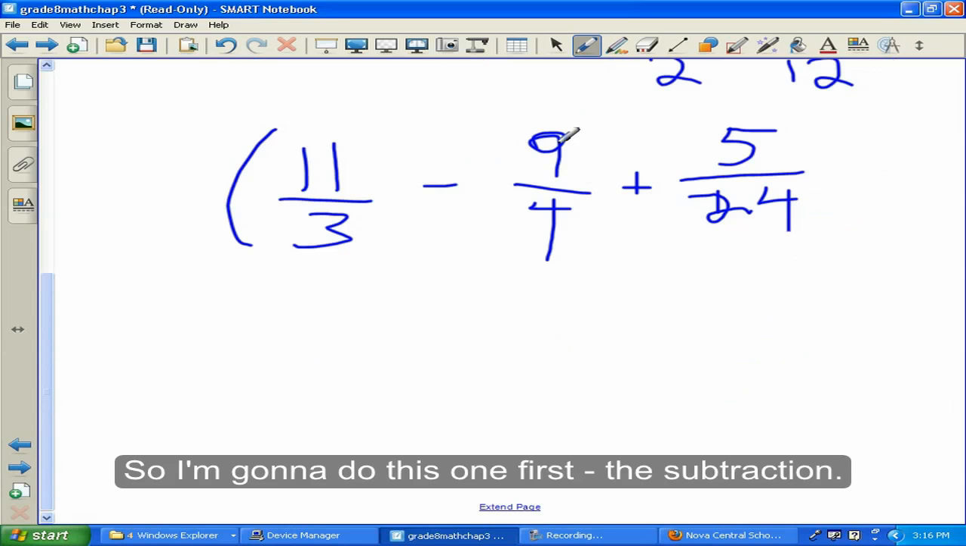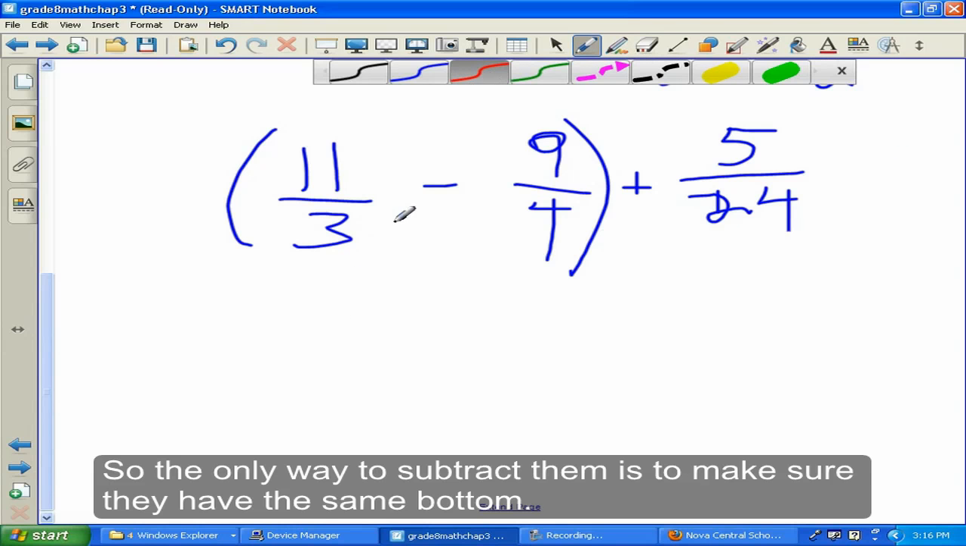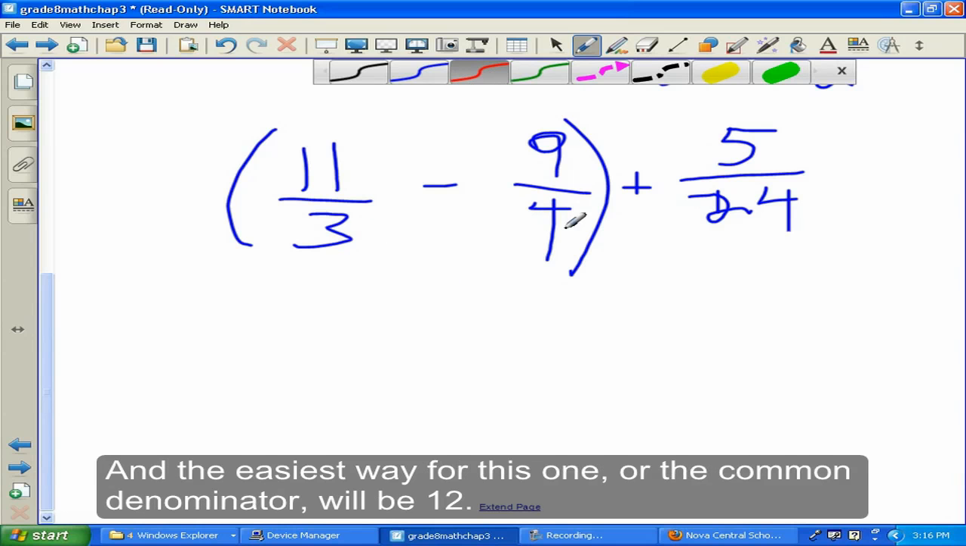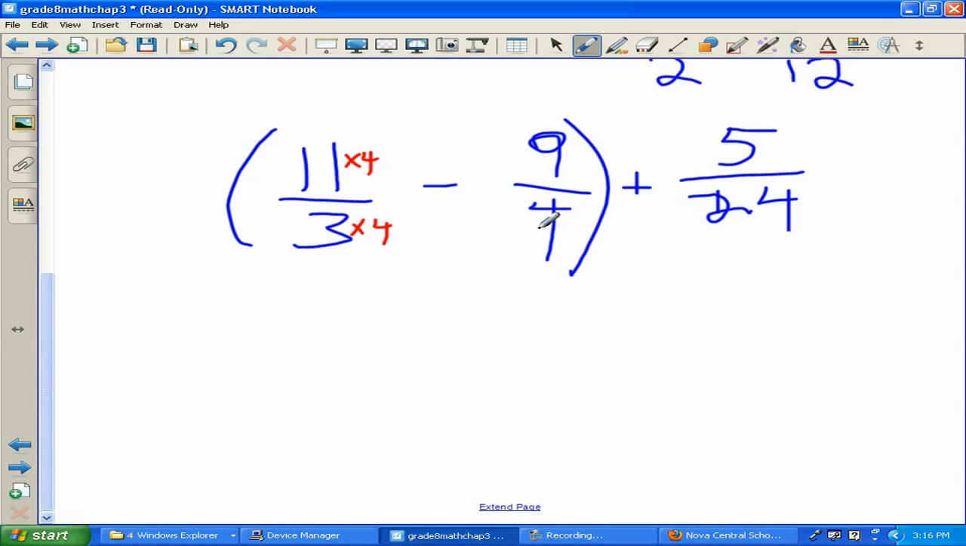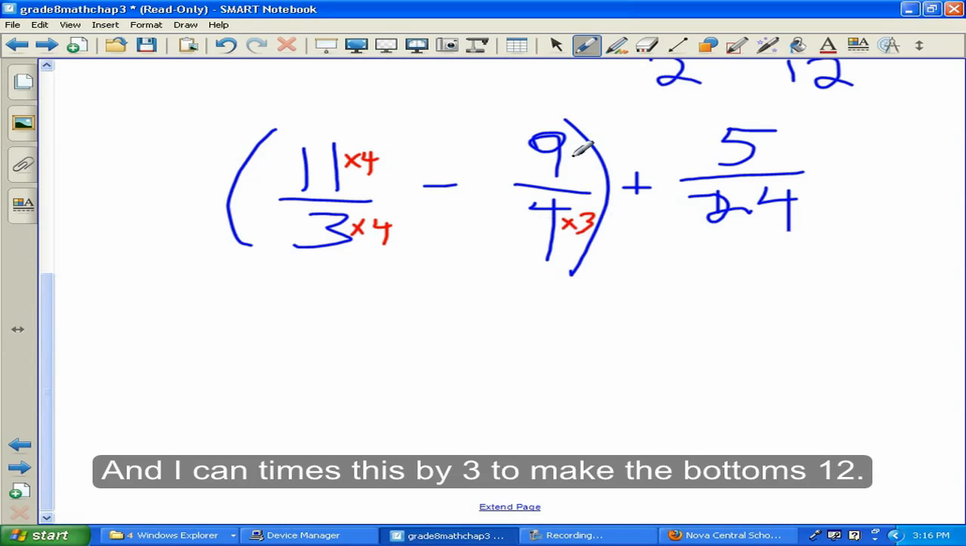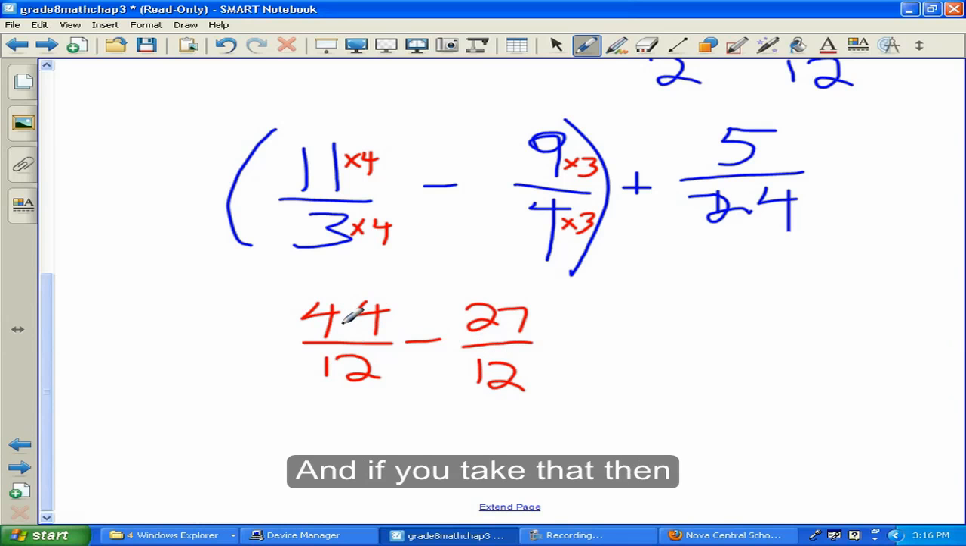So I'm going to do this one first, the subtraction. So the only way to subtract them is make sure they have the same bottom. And the easiest way for this one, or the common denominator, will be 12. So I can times this by 4 to make the bottom 12, and I can times this by 3 to make the bottoms 12. And I'll end up with 44 over 12, subtract 27 over 12, and if you take that then,